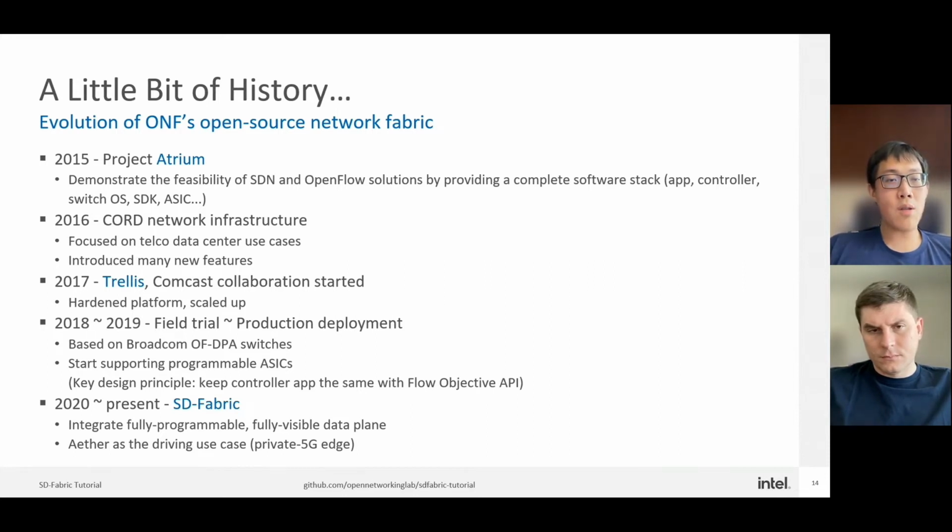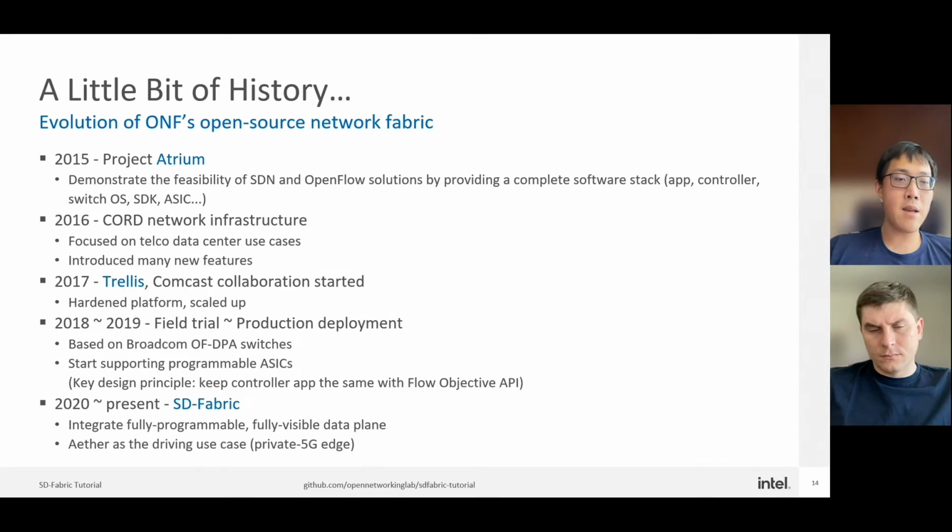By that time, we also started exploring and trying to support programmable ASICs. We're trying to adopt a key design principle that we use the Flow Objective API, which is a pipeline agnostic API, to build our control applications,